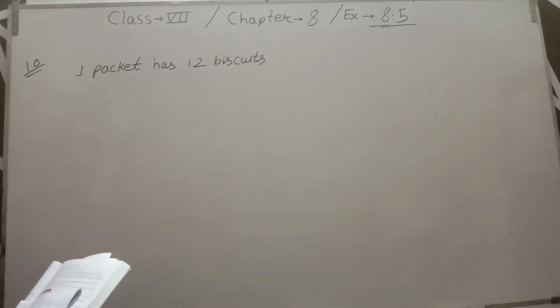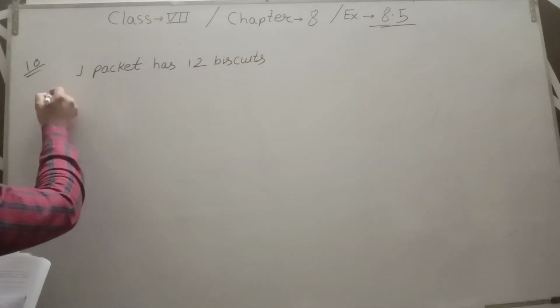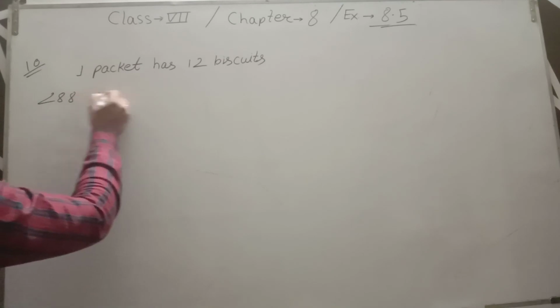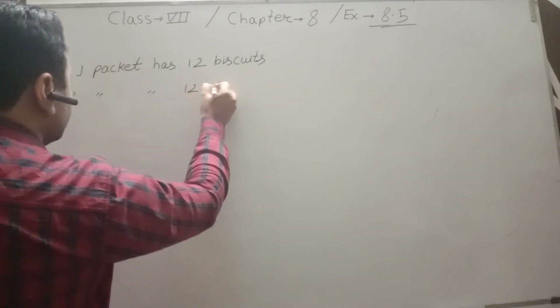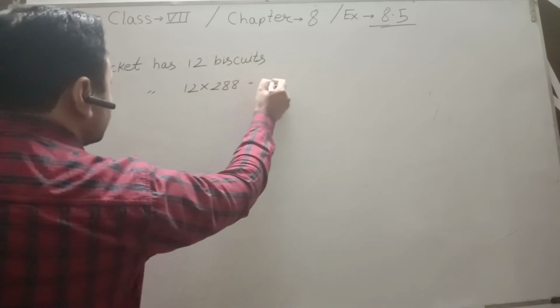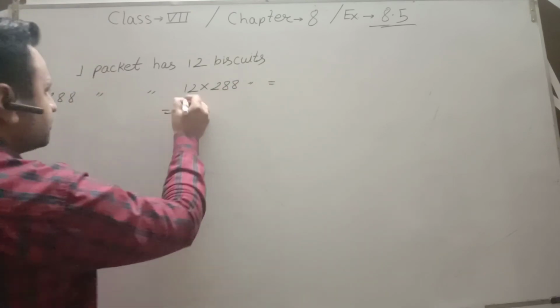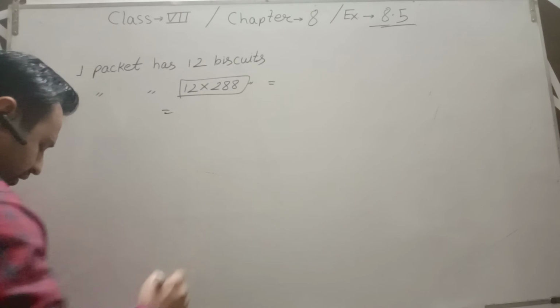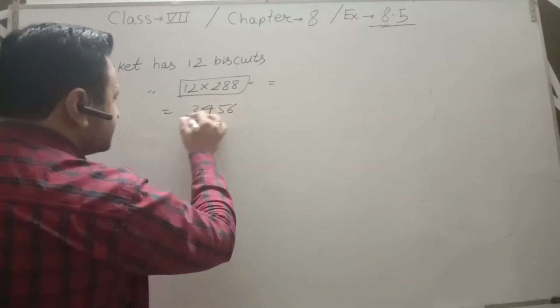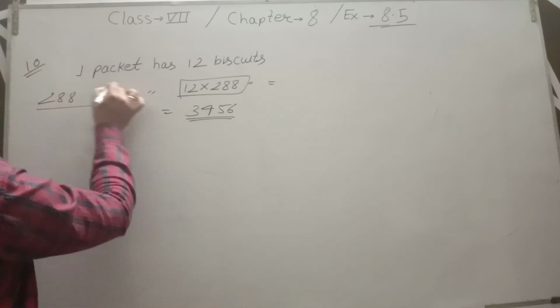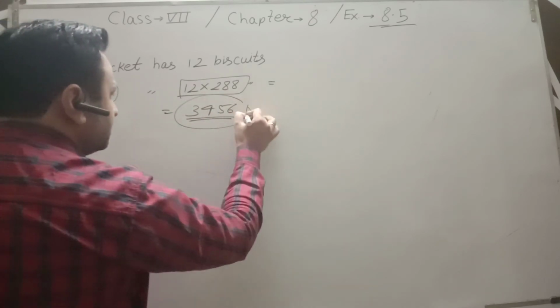So firstly find how many biscuits 288 packets contain. So 288 packets have 12 multiplied by 288 biscuits. The value we obtained is 3456, यानी कि इतने पैकेट इतने बिस्कुट्स